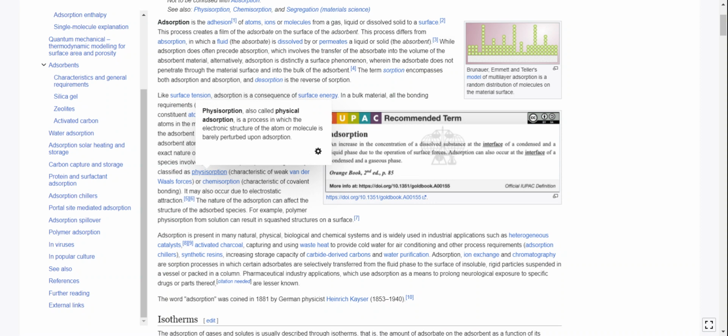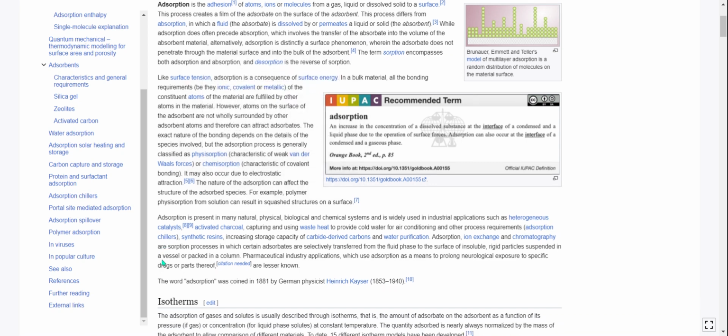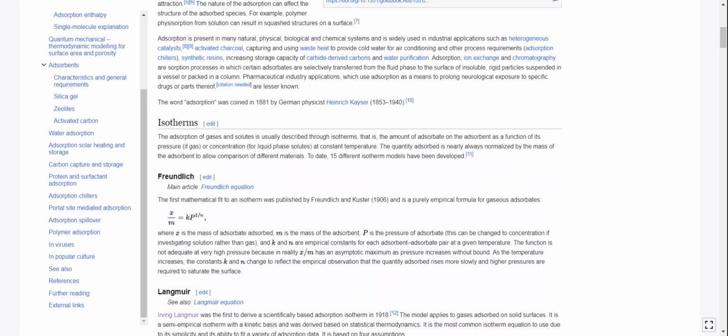upon adsorption. And chemisorption is a kind of adsorption which involves a chemical reaction between the surface and the adsorbate. Okay, and just going kind of quickly here, skipping over some stuff. Adsorption of gases and solutes is usually described through isotherms, that is, the amount of adsorbate on the adsorbent as a function of its pressure if gas, or concentration for liquid phase